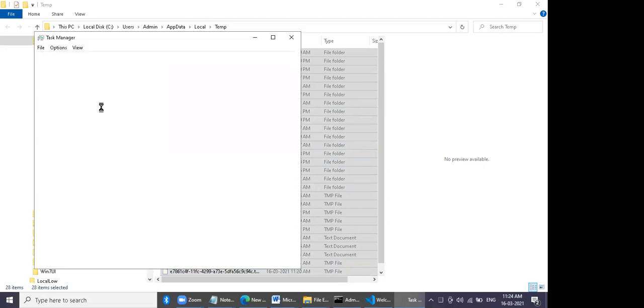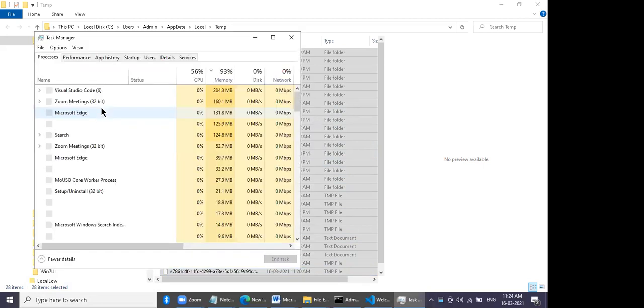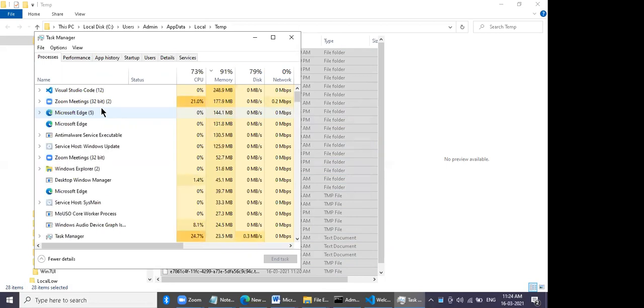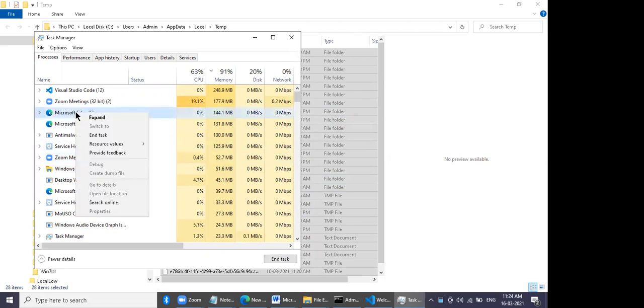Have you uninstalled Avast? Uninstall. Your memory is still going 93%. Okay, hold on, what is it eating? Can you right click Microsoft Edge and say close?